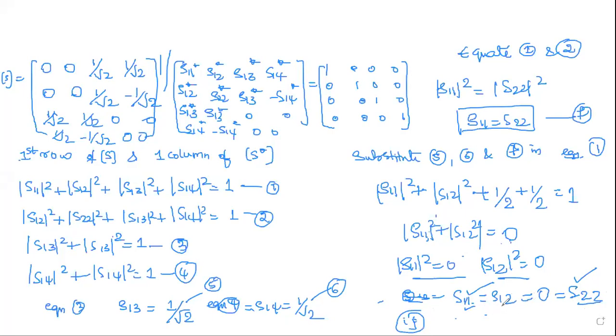So this is one property of a magic T. If you have a 4-port network and 2 ports are already matched, then the other 2 ports in that particular 4-port junction are also matched perfectly. Such a junction wherein all the ports are matched perfectly is called a magic T.